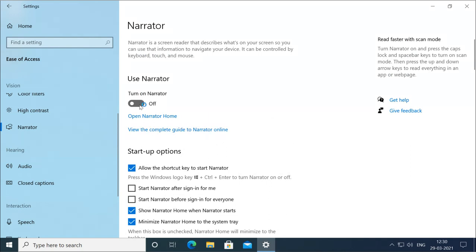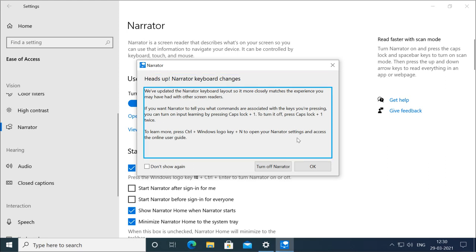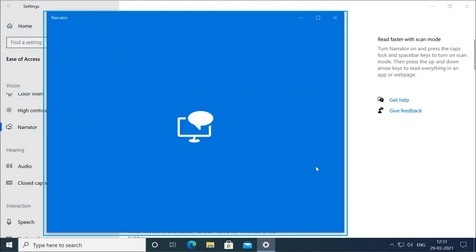Let's see. Now you see what it do. Narrator dialog. OK. Button. Alt plus O. Heads up. Narrator keyboard changes. We've updated the narrator keyboard layout so it more closely matches the experience you may have had with other screen readers. If you want narrator to tell you what commands are associated with the keys you're pressing, you can turn Settings Narrator window.